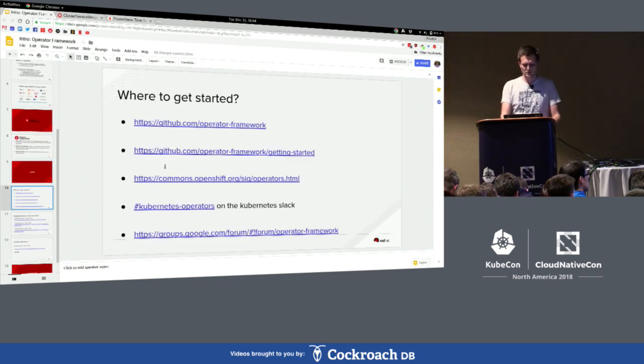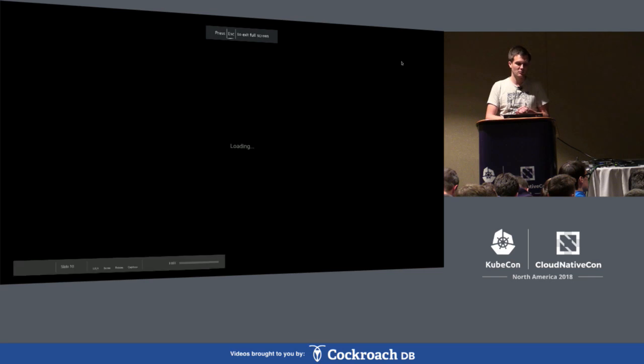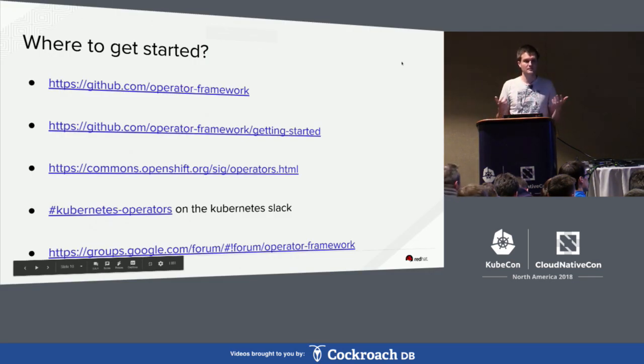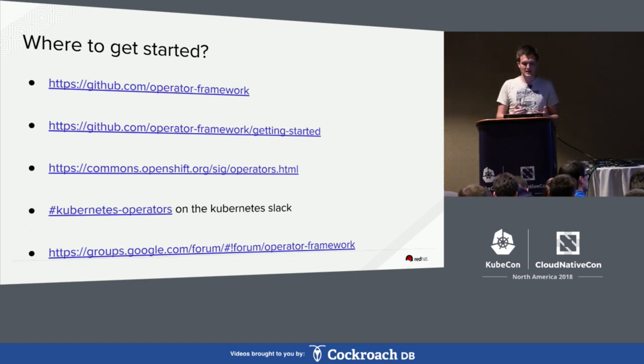Now, how does one get started with the Operator Framework? Well, first of all, there's the GitHub page, the GitHub organization Operator Framework. You go there. There's a getting started guide that I've linked to on the slide. Every single project in there has its own getting started guide that you can use and play with. They're all, as I said, loosely coupled, not tightly coupled, so you can use them all independently. You don't need the Operator SDK to use the lifecycle manager or to use metering. You also don't need the lifecycle manager to use Operator SDK. You're free to build your operators in Java if that's what you want. It's not a problem. But the getting started guide kind of shows everything coming together one after the other,